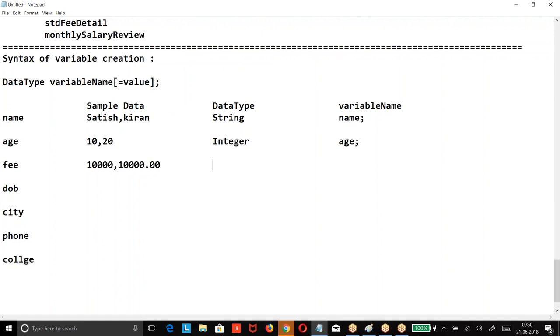Then I will take this one: date of birth. I want to give 10 to... How are we going to take it? Date, city. See what it is: are there alphabets, or any special symbols?